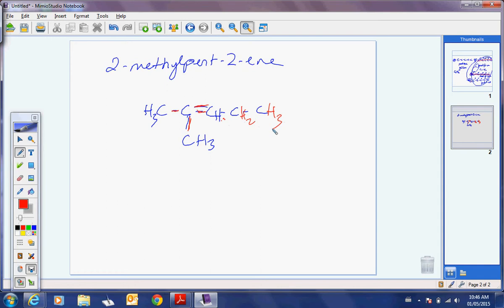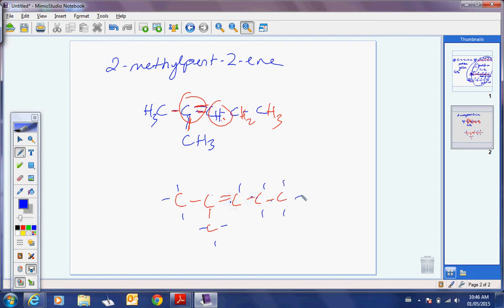So students will make mistakes on their hydrogens here, and there. If you are the type of person that is prone to making mistakes on your hydrogens, do not write these CH2, CH3s. Start writing the sticks. Because 1, 2, 3, 4, 5, the double bond here and the methyl there. If you had written sticks like this, 1, 2, 3 hydrogens, you would have caught yourself here. You would have said, oh, I've already got 4 sticks. 1, 2, 3, 4 sticks. 1, 2, 3, 4 sticks.